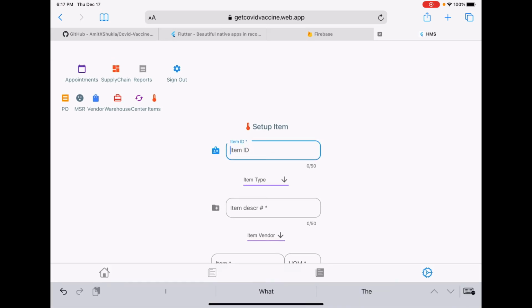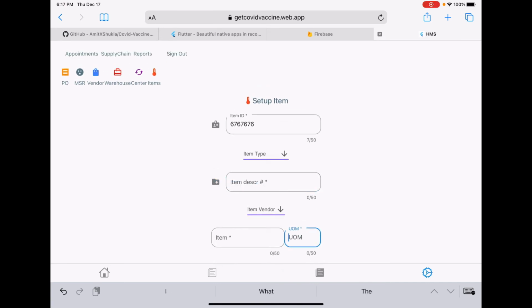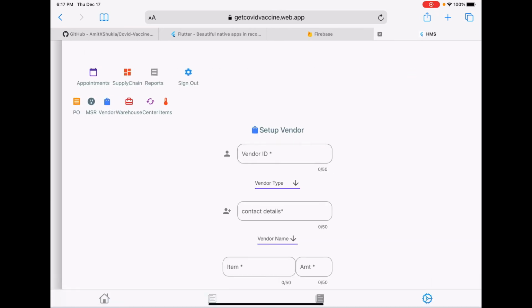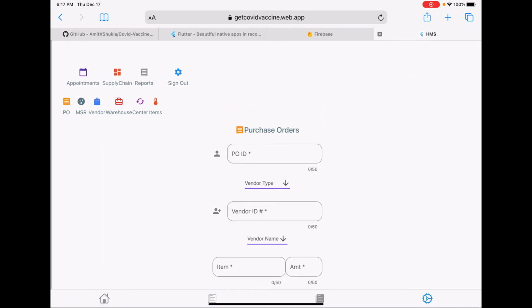So here, first let's just start with the item. So for example, there is an item ID. It could be any medicine ID or whatever, the vaccination ID. So for example, you have Pfizer vaccine or Moderna or maybe COVID, whatever vaccine you are giving, depending on your community. You can capture the items, that vaccine information, here. You can also set pricing, whatever the quantity, you just set up the basic item attributes. So item is your vaccine, and then you can also set up the vendors.